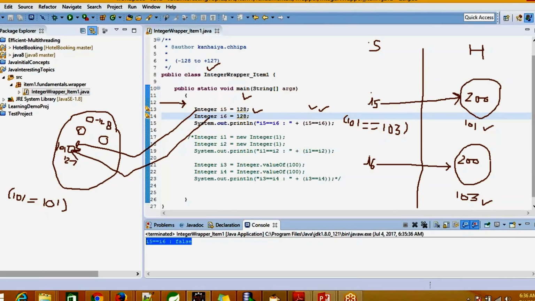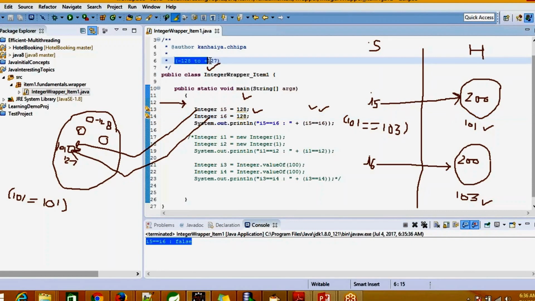So there might be a chance that some developers frequently use these values and create different objects, and it would cost a lot of memory consumption in the heap memory area. That is why they put these things into the cache itself. And if you take values beyond the defined boundaries, then it would be a new object itself. So it would be considered as if you are going to create a new object.